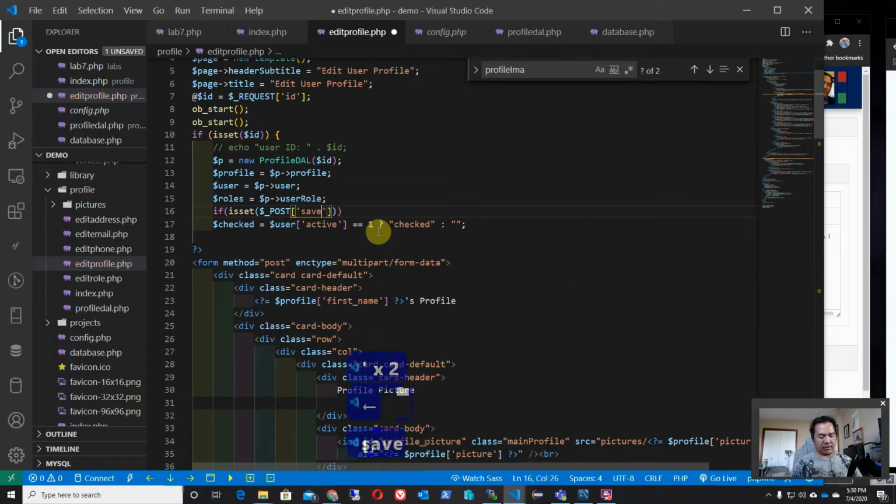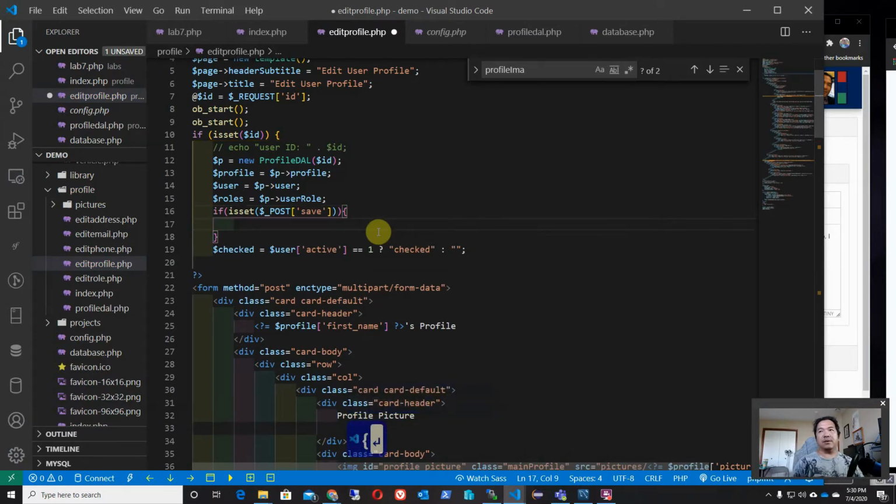So the submit button is called save. If this is true, then we can actually go and say,